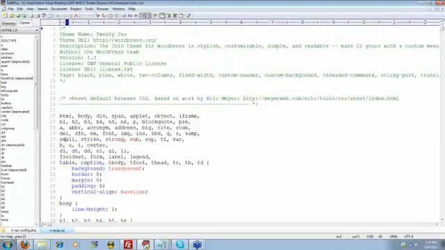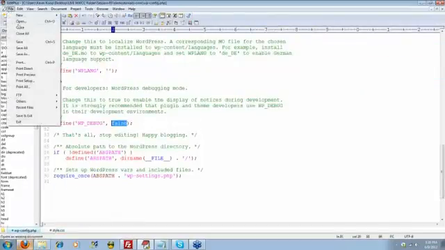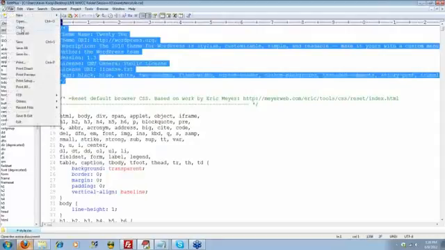Going back to the top though, this information right here is the important bit. This is the only thing that we need to do to change our CSS file in order to make it accessible or work inside of WordPress. So all I'm going to do is copy lines 1 through 10. I'll select all, Control-C to copy it to my clipboard. Let me see here. I'll close the WP config file from earlier. And we'll also open